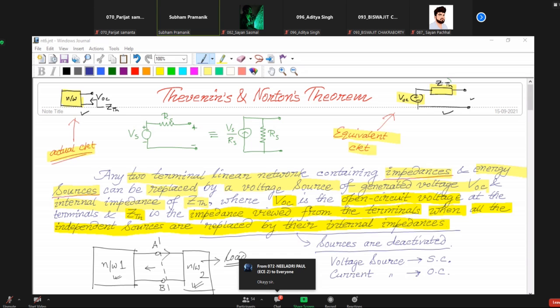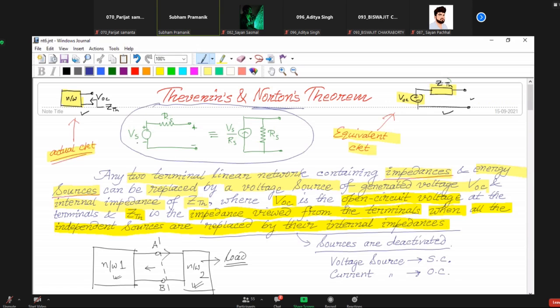So this is what Thevenin's theorem is saying. These are well-known things you have learned. Also in this context, I must mention that Norton's theorem is nothing but an extension of Thevenin's theorem. If you know the procedure of finding the Thevenin equivalent circuit, then you can always convert this into a Norton equivalent circuit. As you can see in Thevenin's statement, here we have open circuit voltage and internal impedance. In Norton's theorem, there will be short circuit current and that impedance in parallel. You know how to convert a voltage source into a current source. See, I have shown it here.